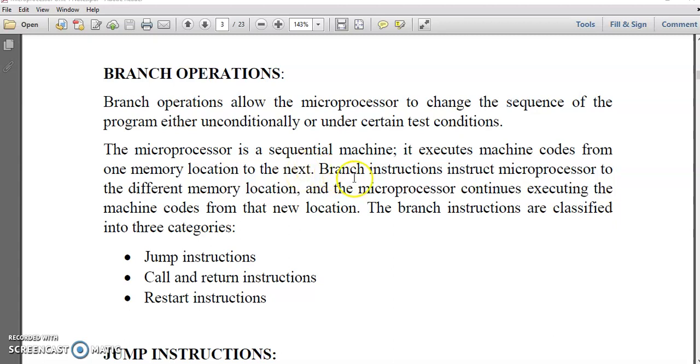But branch instructions or branch operations allow the microprocessor to change the sequence of the program. Branch operations basically alter the sequence of operations